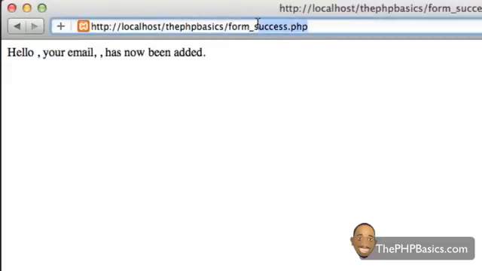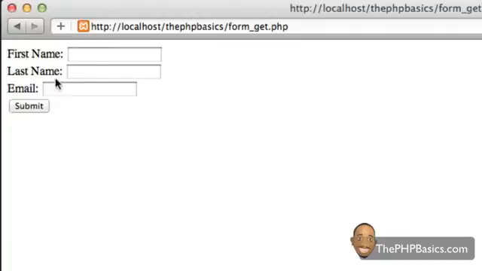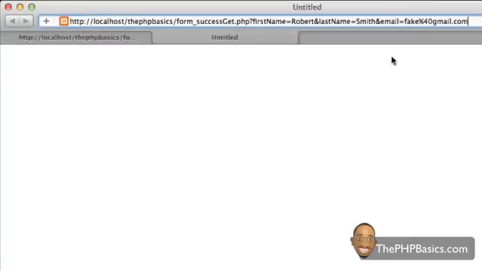So if I go back and go to get.php and type in again my first name, last name, and a fake email, and hit enter. All right. If I copy this URL, which is clearly showing all the information I entered, and open a new tab and paste that,